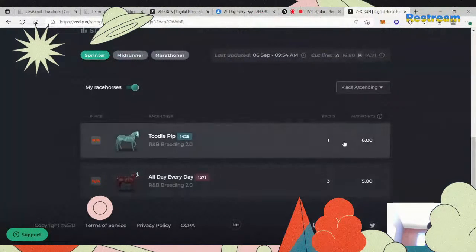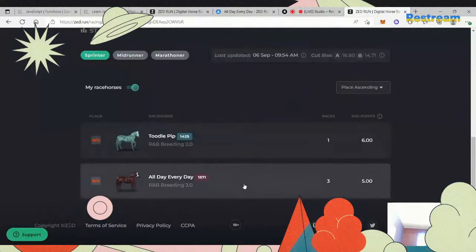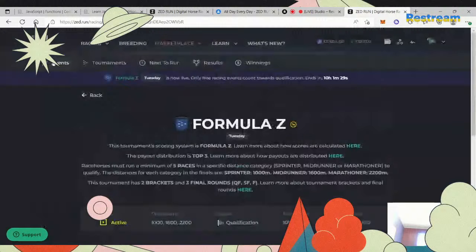Yeah, the cut line's like 16, 14. I got like 5 over here with 3 races, 6 over here with 2 races. Hey, Free Jazz is doing the bet. Somehow, Free Jazz is the best horse I have for qualifying in these tournaments. I don't understand. And this isn't even a tournament. It's like a B point. This is like a win rate tournament, to my understanding, where they give you the most points for winning. But All Day Every Day, I think I had like 2 10th place, so it's maybe like 5 points. I don't know. I really don't. I'm not exactly sure how it works, but